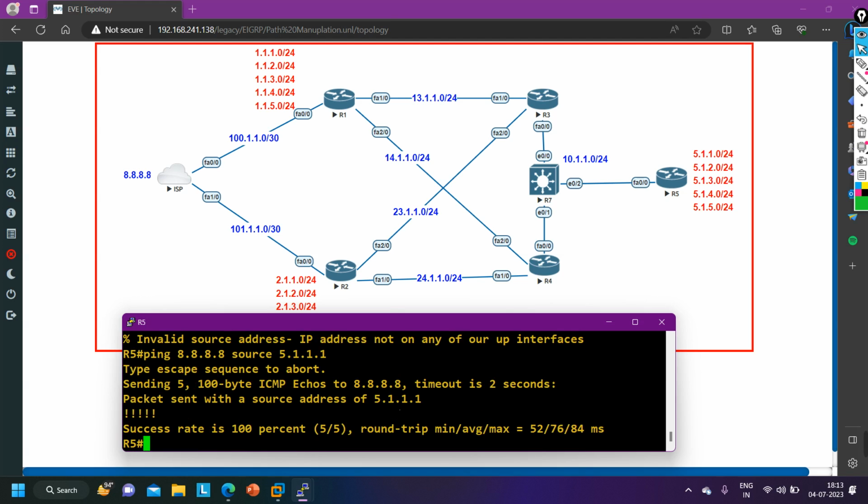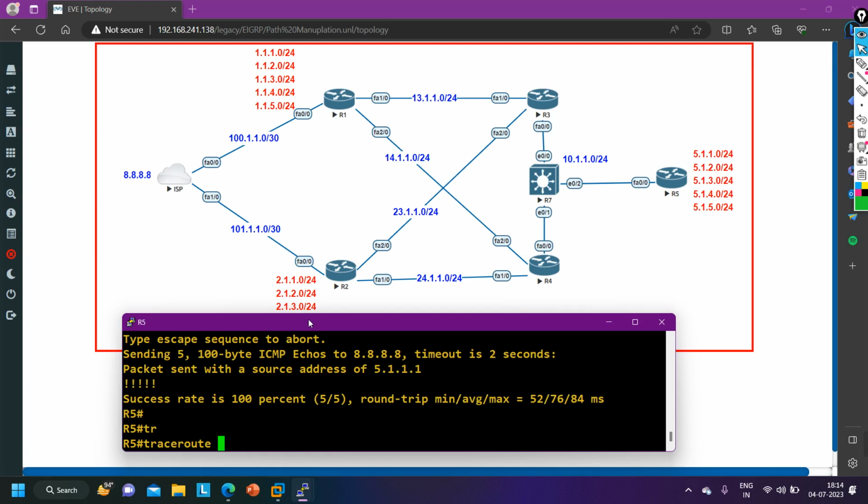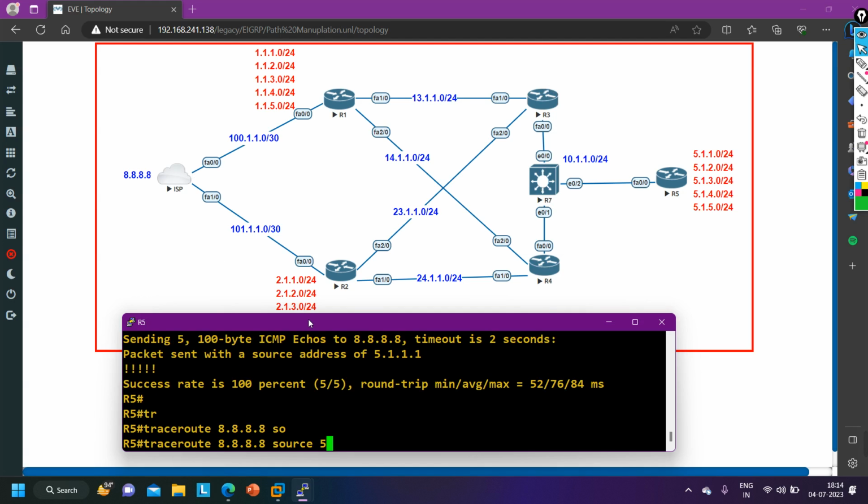So yes, I am able to ping 8.8.8.8 from router number 5 from the LAN user. My LAN users are now able to ping 8.8.8.8 from anywhere, doesn't matter where my LAN user is connected. Let's say R3: on router number 3 we have 100 LAN users. So those LAN users can access 8.8.8.8, and if you trace route 8.8.8.8